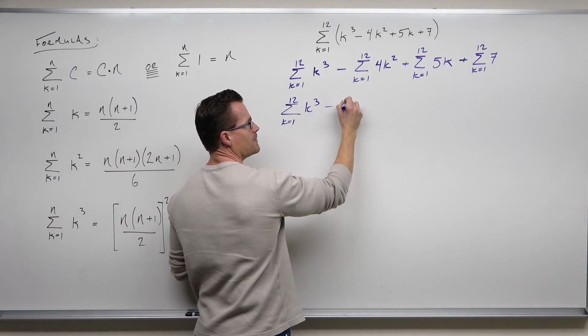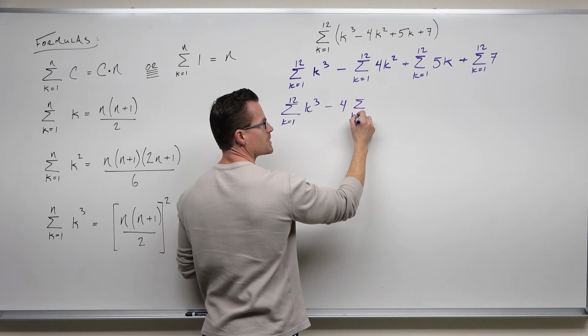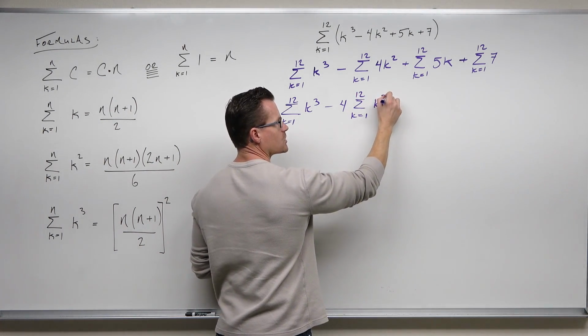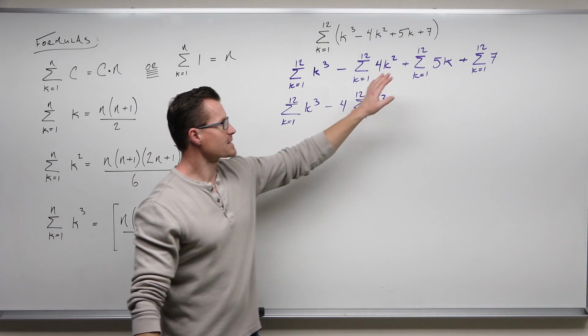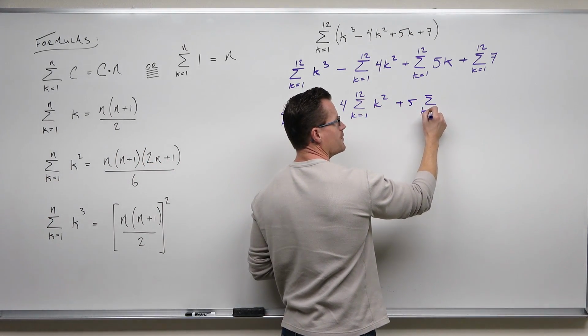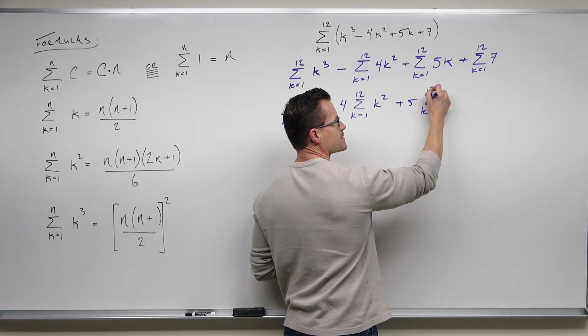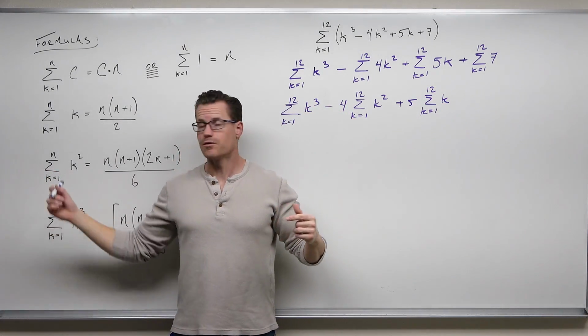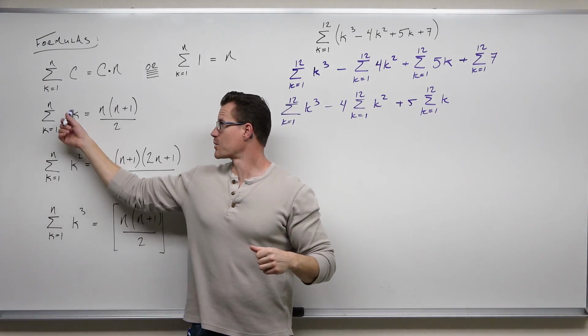Hope you're also seeing why I'm not giving you lots of different examples. This pretty much covers everything that you do except for one example, which I'll show you in just a minute. Same thing here, you could factor out a 5 from every one of those terms, so we can move our 5 in front just like a factor does. This k squared is what we're looking for. This k is what we're looking for.